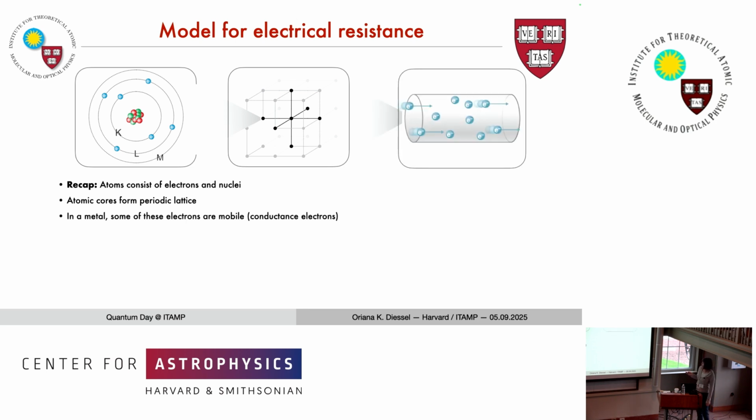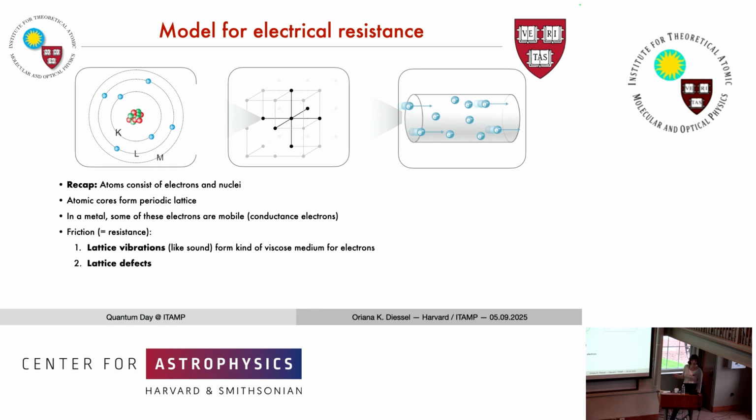And in a metal then, actually not all of these electrons are bound to these positions, but some of them, which are called conduction electrons, can freely move around the lattice. And it actually turns out that they can really freely move around the lattice. So imagine that this is a perfectly periodic lattice, then the electrons would not feel any friction coming from the lattice. But the friction is coming from two different sources,